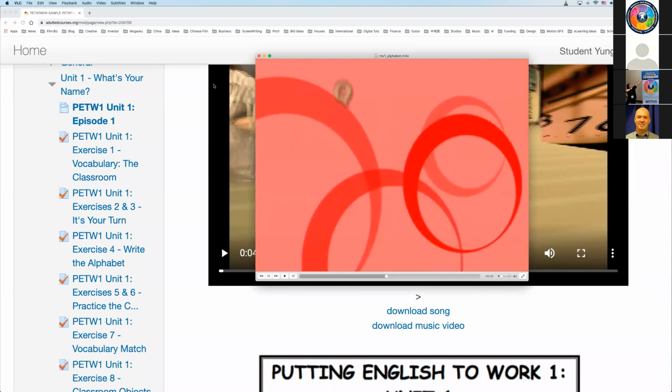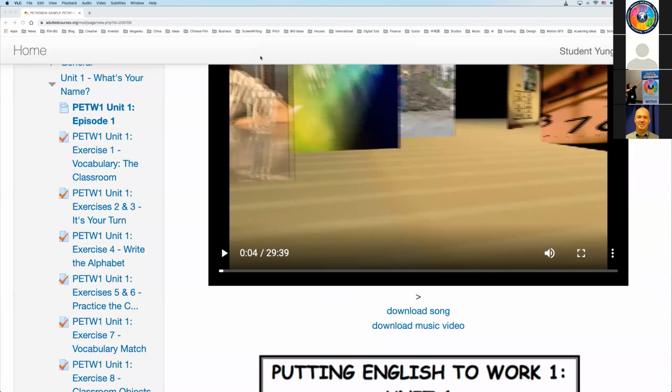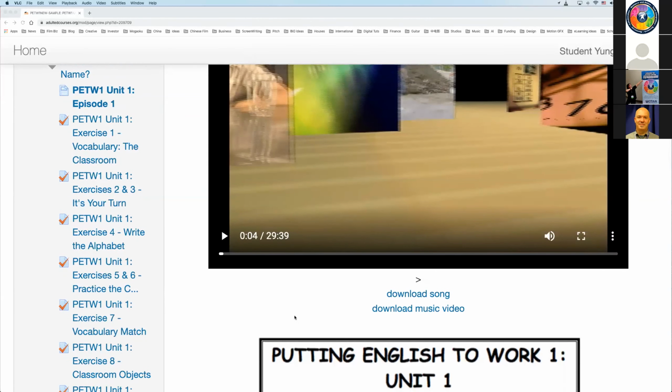So the students can keep this on their phone, any device they want. By the end of the course, they will have all the vocabulary songs.